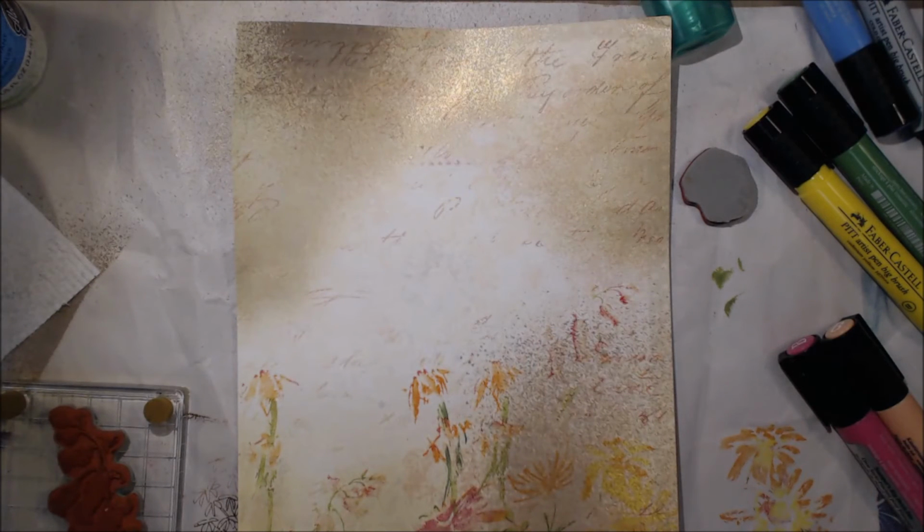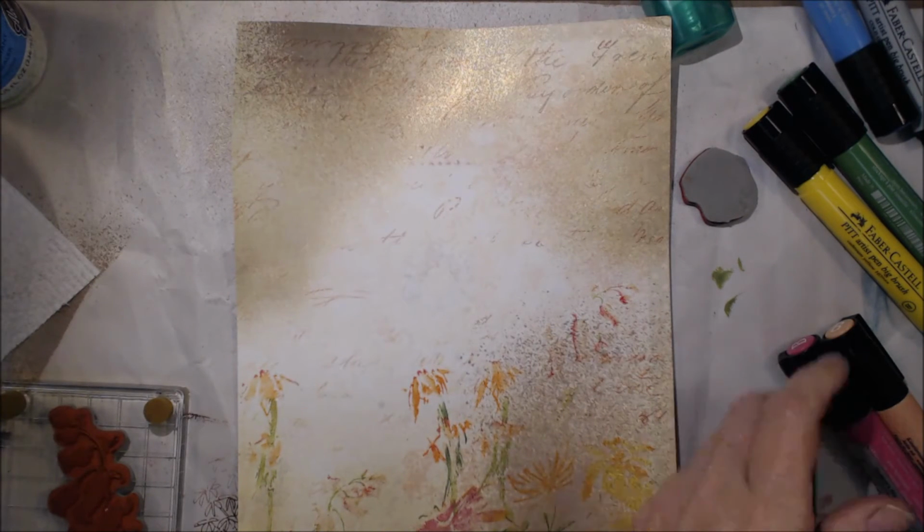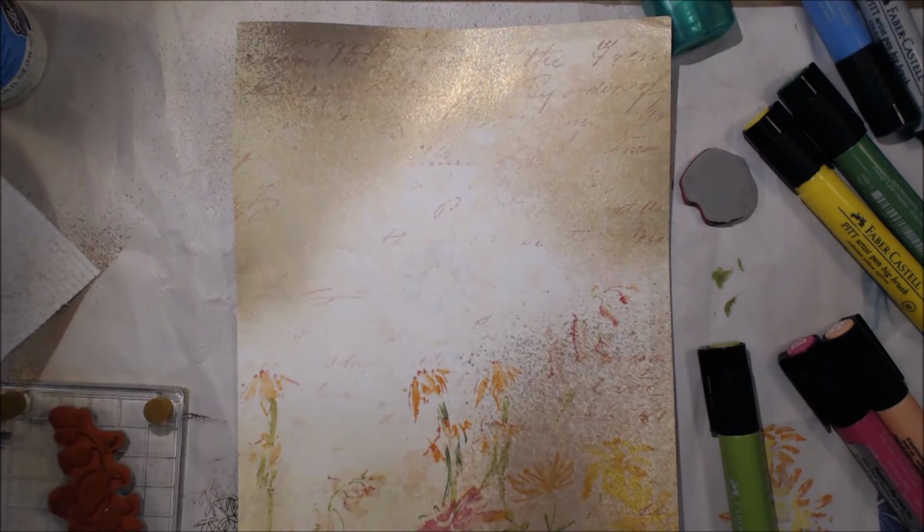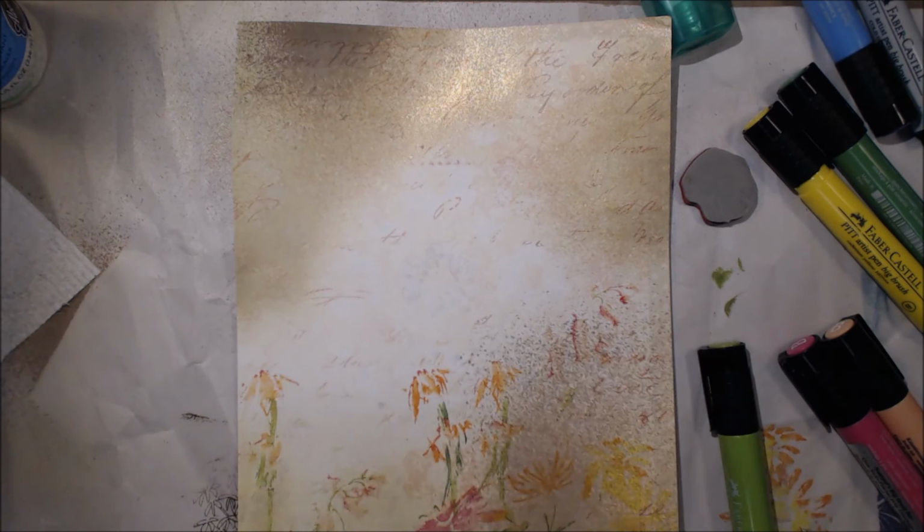All right, got to get another stamp. We're going to run out of time. I don't know where we are with that. Let's take a look and see. Oh, 1 minute 42. All right. So, what have we not done? You know, some butterflies in the background of this would be pretty cool too. But, I wonder, here, let's do,